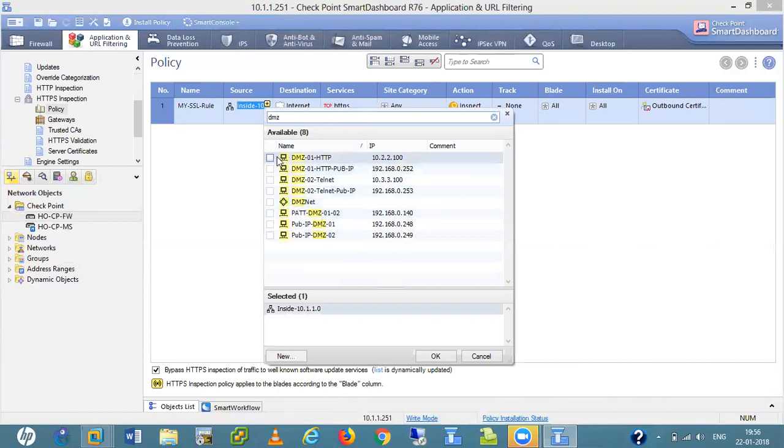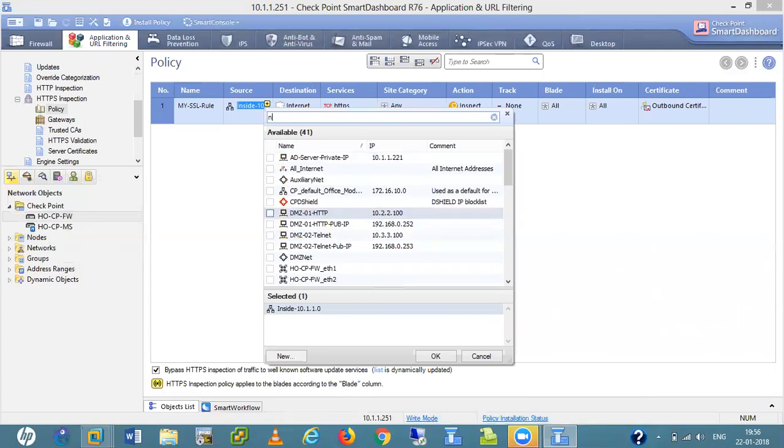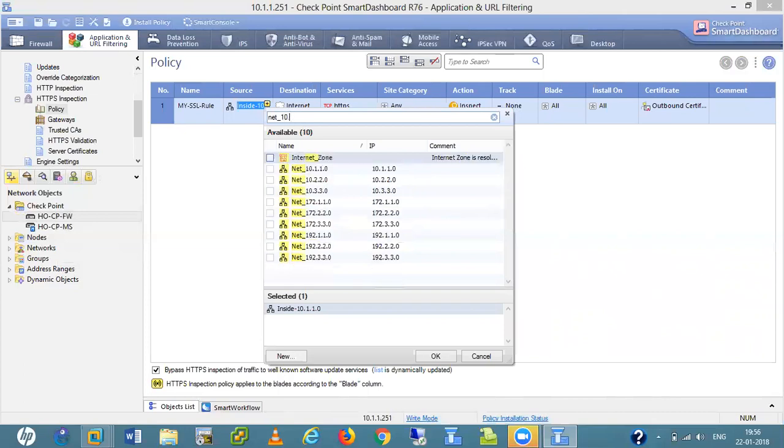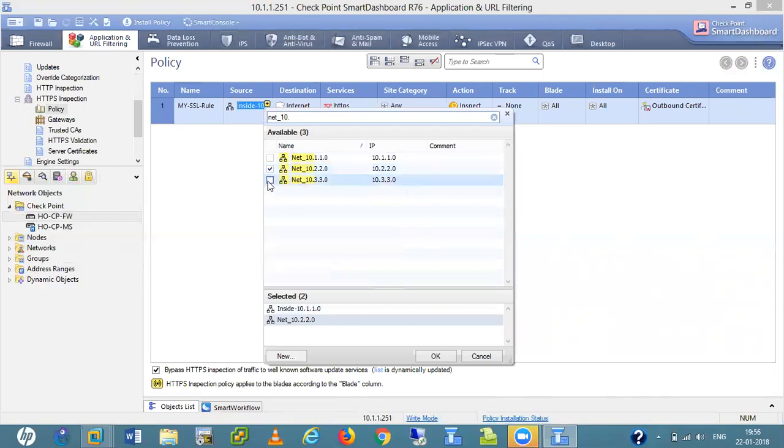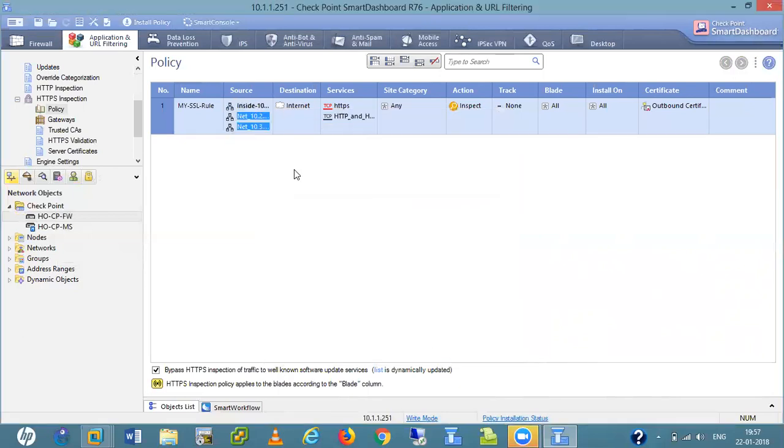I have a separate network for DMZ, which is this one, net 10.1.0. So I select these two networks here. Now destination is any.